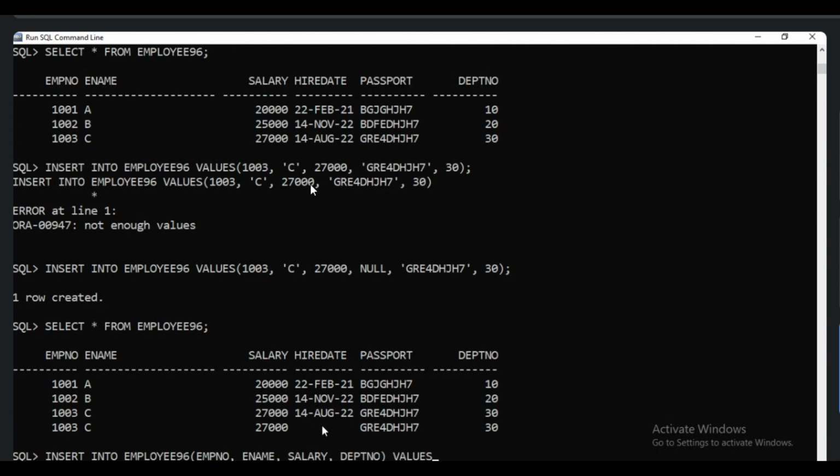These 4 columns only I want to insert. Whatever columns you want to insert data into, only those specific columns you have to mention. Okay, 1004.